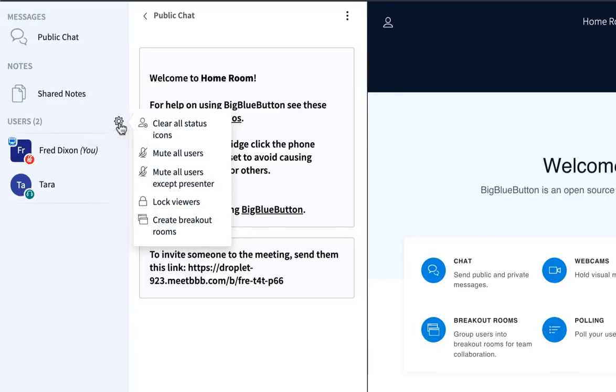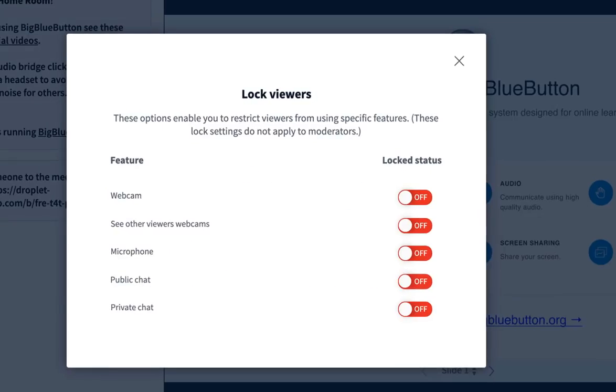Other moderator capabilities: I can mute all the users. I can mute everyone except myself. And I can also lock the viewers down as well. So this means I can prevent them from sharing webcams, sharing microphone, public chat, private chat, as much as you